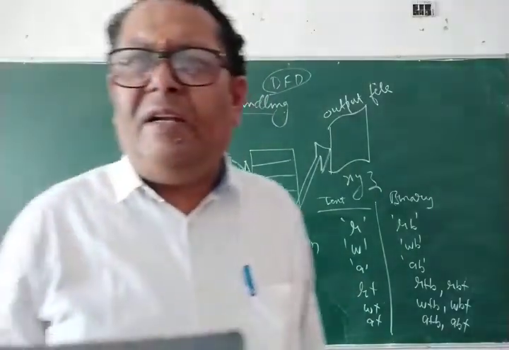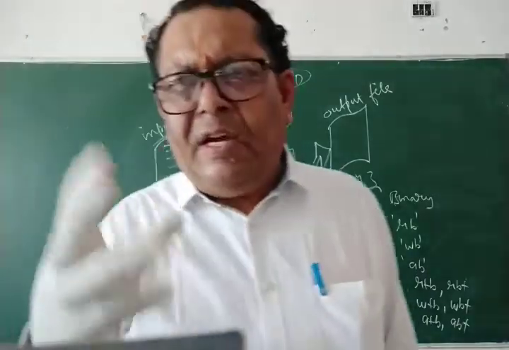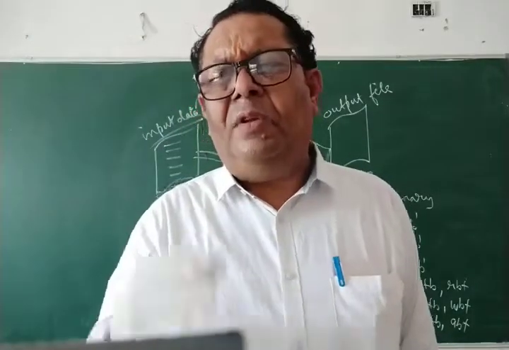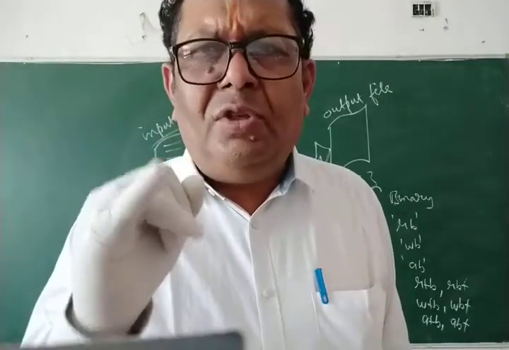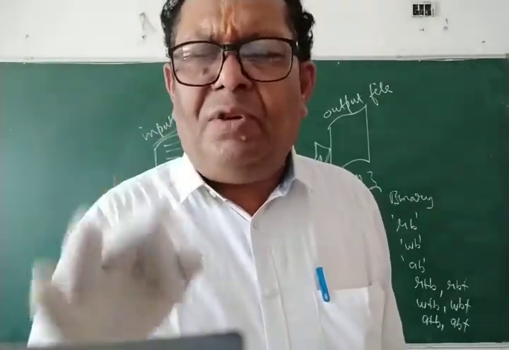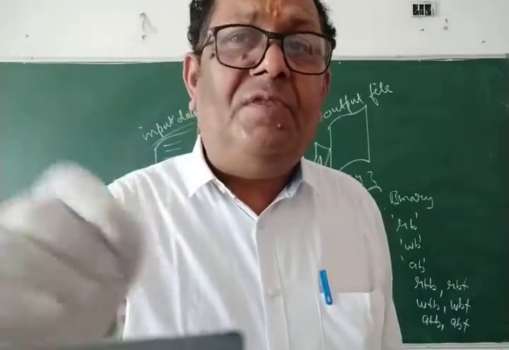About this last three mode I will discuss later on because at this stage you will get confused. So three different basic modes you should be careful about. The R mode, the write mode and the A mode. R means reading mode, used only for reading. W means the writing mode, used only for writing. And A means the append mode, used to append the file, which is used for writing only.